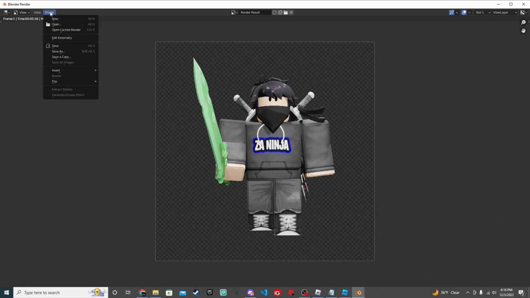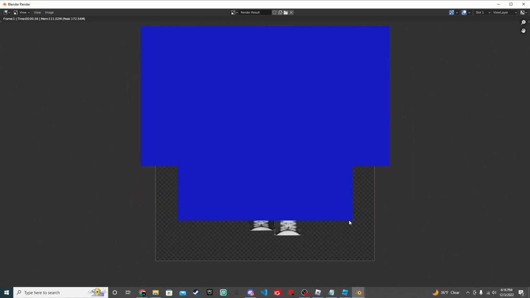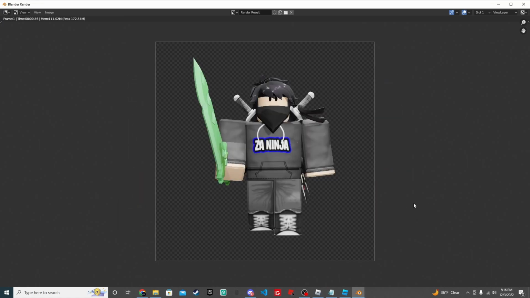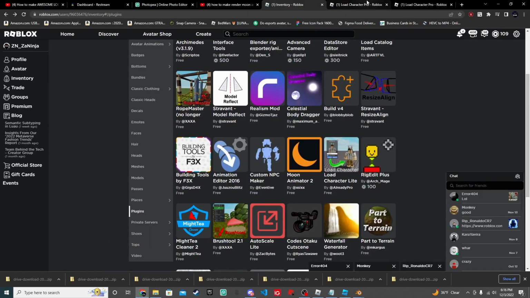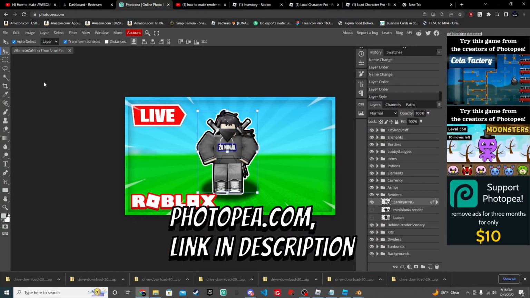Click on image, click on save, go over to your downloads, and then just name it whatever you want. I'm gonna just name it render.png. Once your avatar is fully rendered and everything, you're gonna want to head on over to Chrome, go over to photopea.com, and then go over to the Google Drive